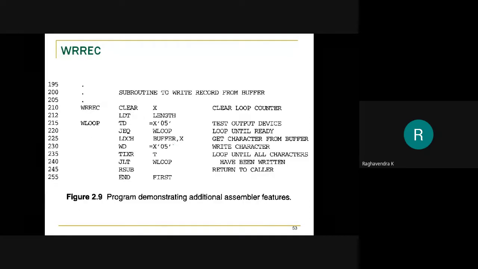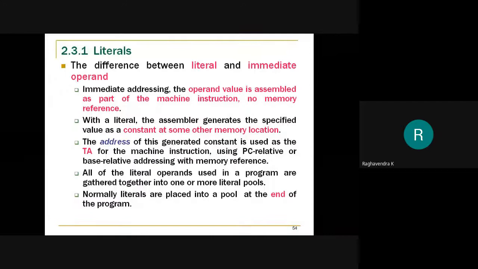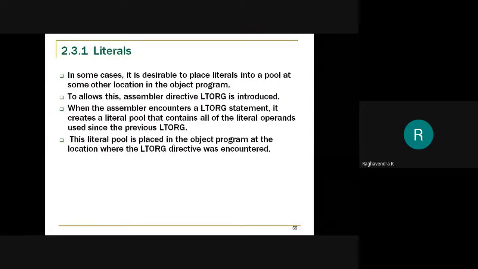Coming to the way literals are handled. Normally the literals are assigned addresses at the end of the program. But if you want to change that, you can use an assembler directive called LTORG.